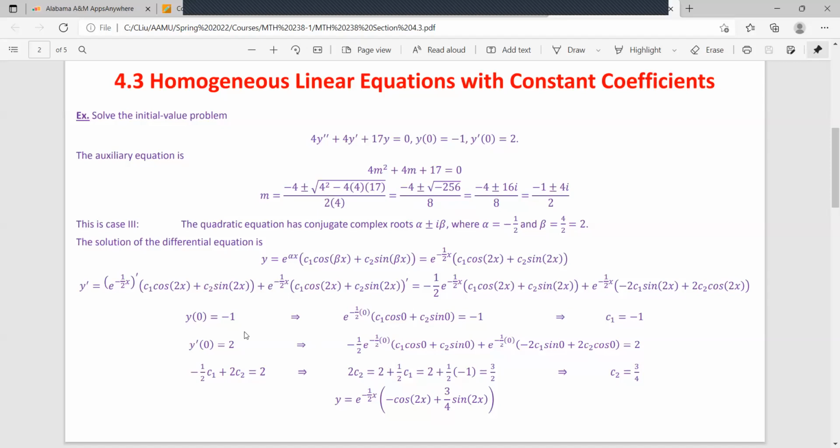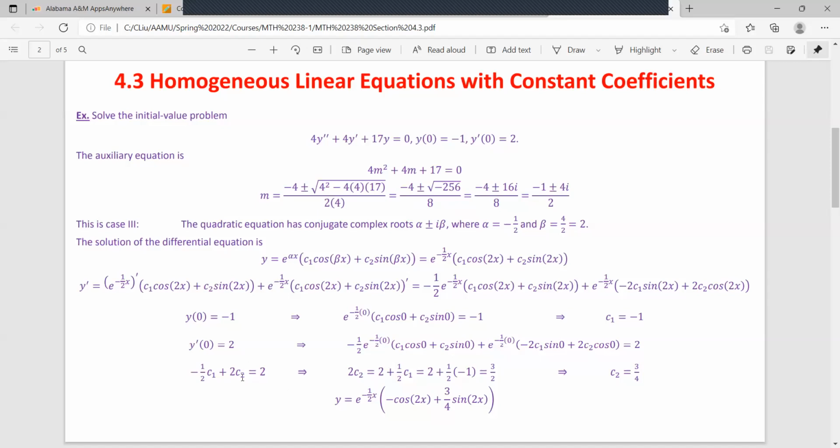And then the second condition says y prime 0 equal to 2. So now you just plug in 0 for x again into y prime. Okay, so the exponent is again 0, and cosine 0 equal to 1, sine 0 equal to 0 again. Okay, if you just do a little simplification, then what you get is negative half c1 plus 2 c2 equal to 2. All right,